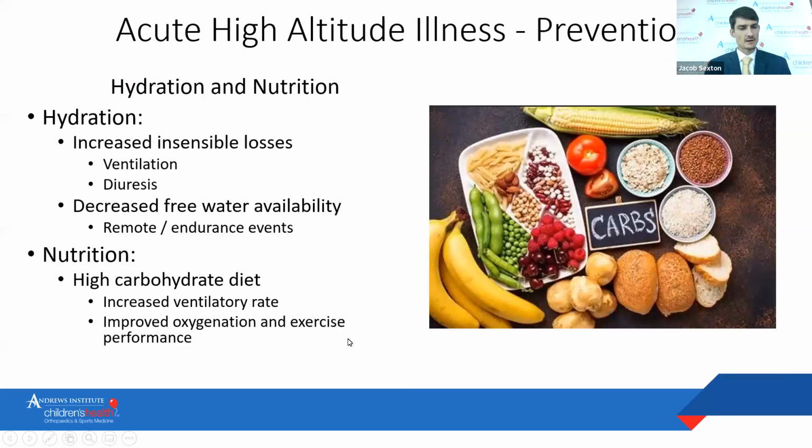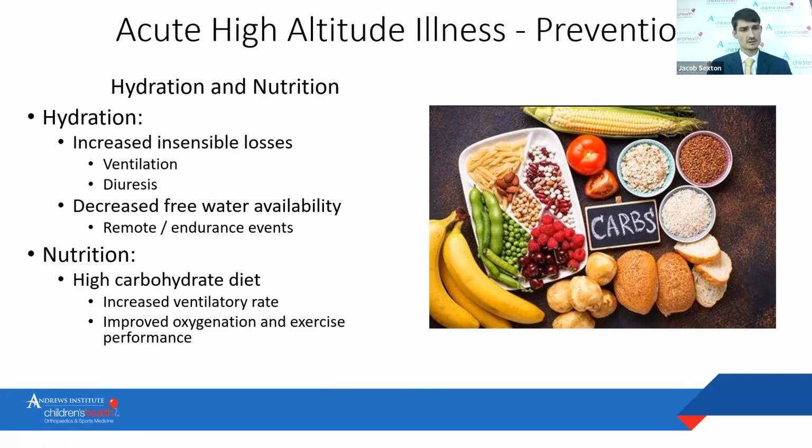So how do you prevent high altitude related illness? The most important things, besides acclimatization and getting them used to their environment, are hydration and nutrition. As we discussed earlier, you're going to have an increased pulmonary minute ventilation rate. You're also going to have a diuresis. So you're basically in a hypovolemic, dehydrated state before you even initiate exercise or athletic activities, from those increased insensible losses. You have to make sure they're having appropriate hydration during pre-competition,